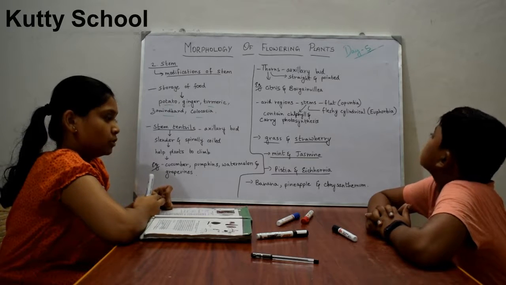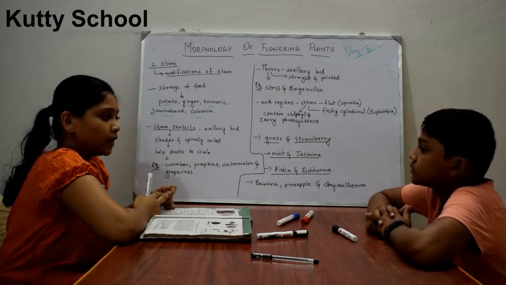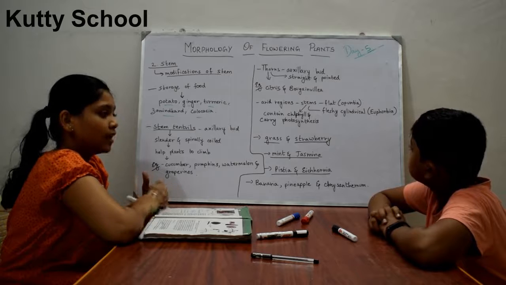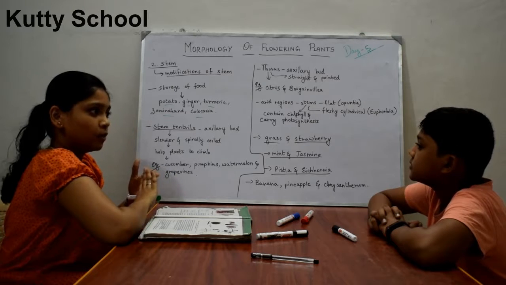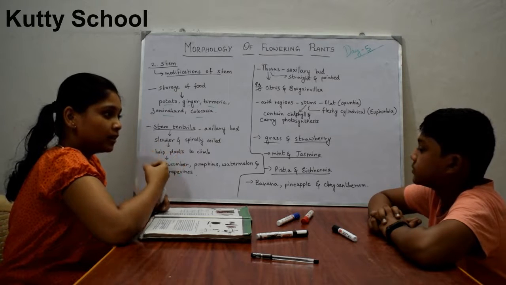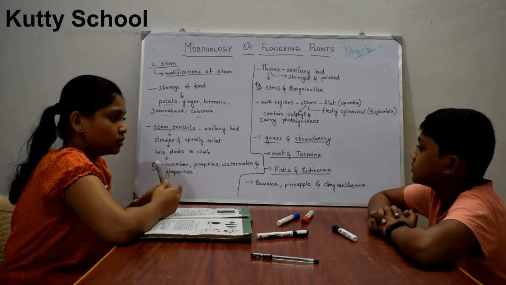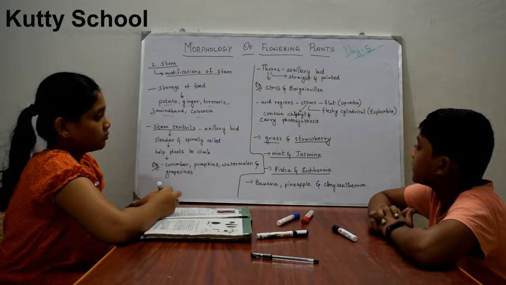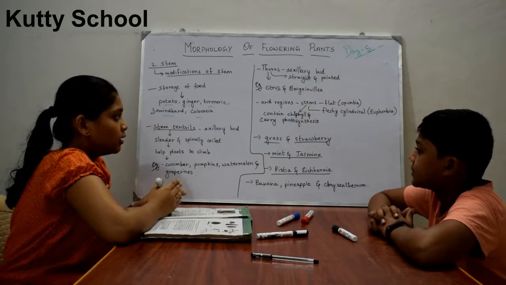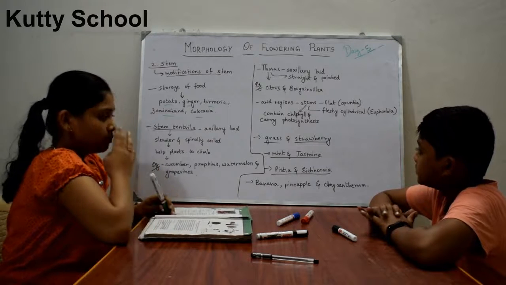And some stems grow in arid regions. Arid regions are where the temperature is very high, like deserts. There the stems are flat, like in opuntia. And some stems are fleshy and cylindrical, like in euphorbia. These two kinds of stems contain chlorophyll and carry out photosynthesis. This kind of stem can be easily seen in higher temperature regions, like the deserts.